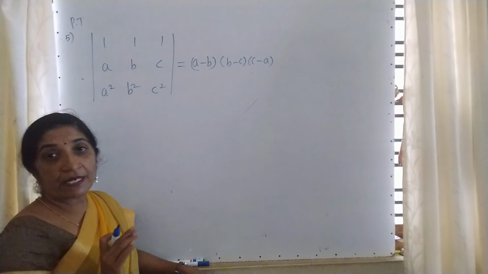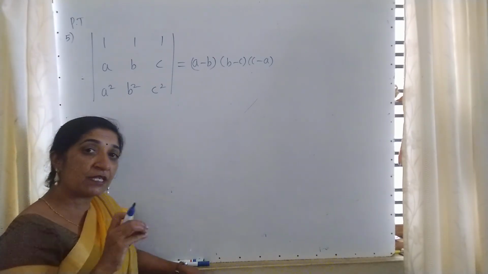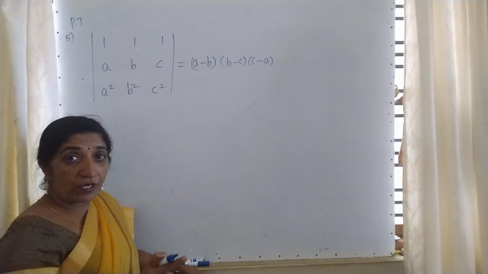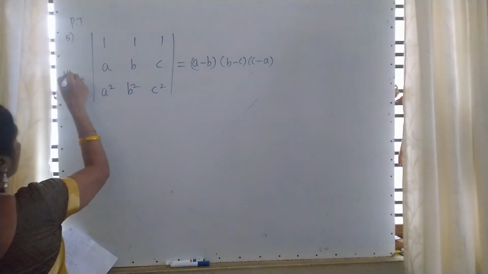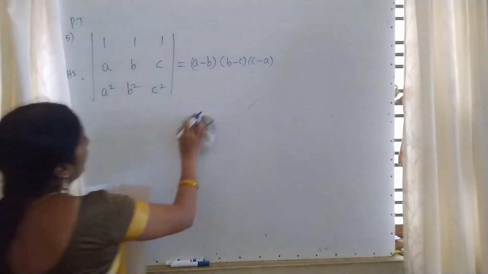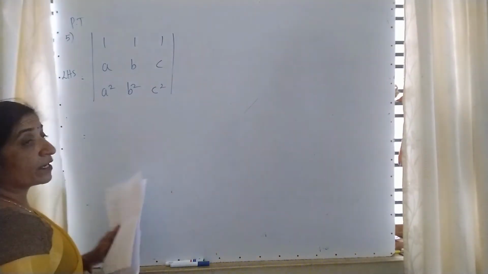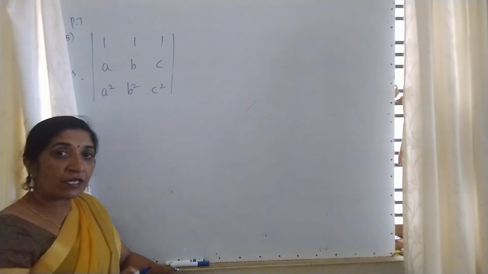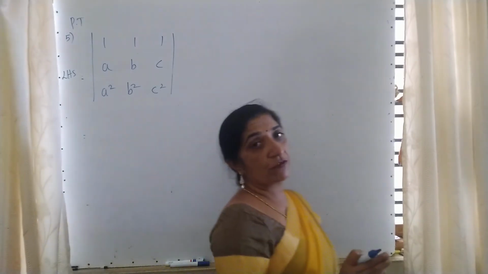See students, my suggestion is don't memorize this. Just practice and see the hints on how you can solve. It increases your thinking power. So write down the LHS. Now what are you observing? We are observing that all the elements in the first row are equal. Open that note. In the note I gave that if all the elements in the first row are equal to 1, which operation are we applying?